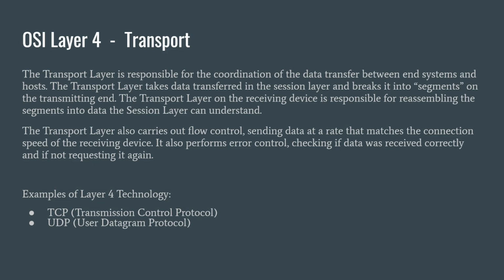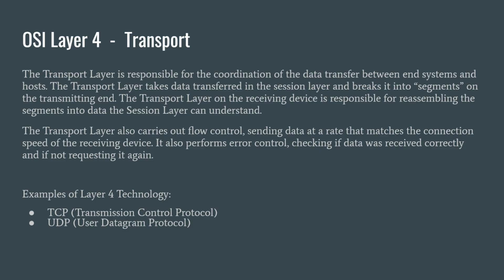The fourth layer of the OSI model is the transport layer. The transport layer is responsible for coordinating the data transfer between end systems and hosts. The transport layer takes data transferred in the session layer and it will break it down into segments on the transmitting end. The transport layer on the receiving end is then responsible for reassembling those segments into data that the